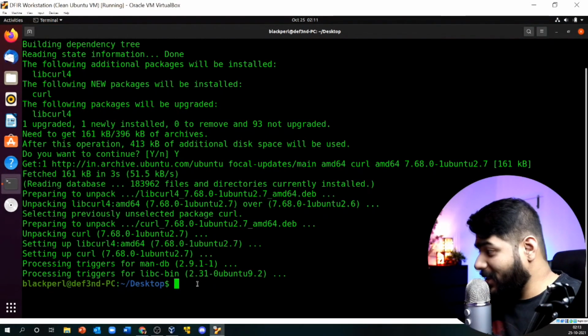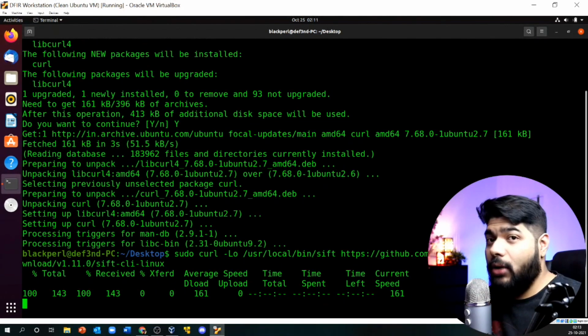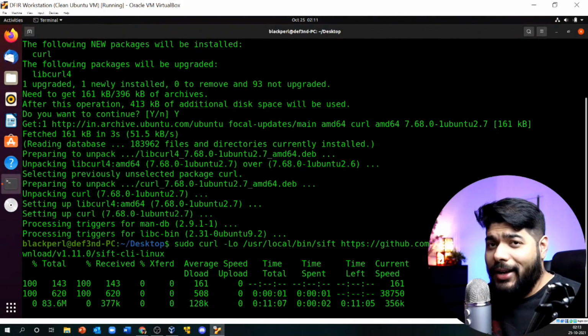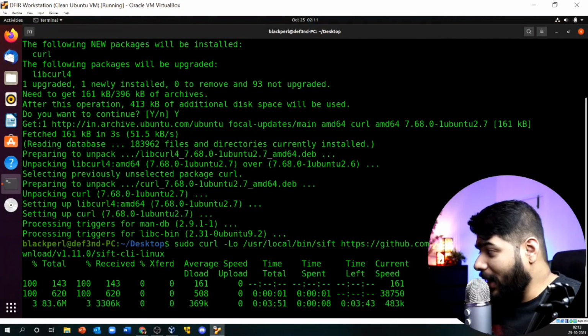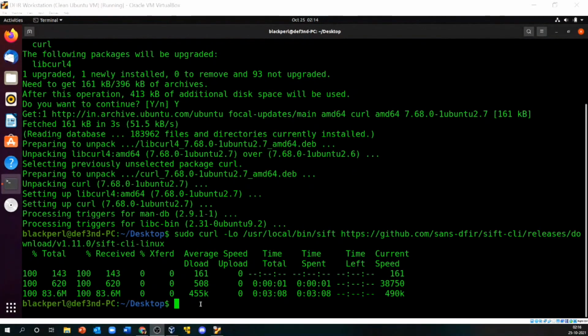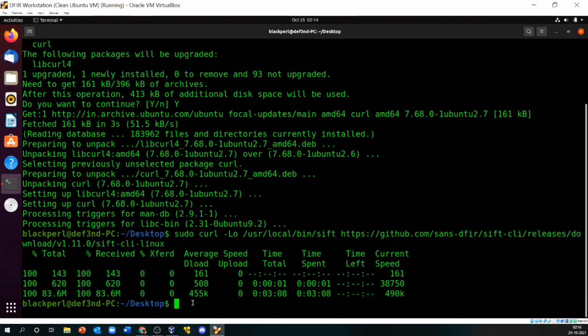Curl has been installed now, so we will run the command again. This is the command to pull down the repository for the SIFT Workstation. It will take some time depending upon the bandwidth, so we will wait and see. Now as you see, the download has finally completed.